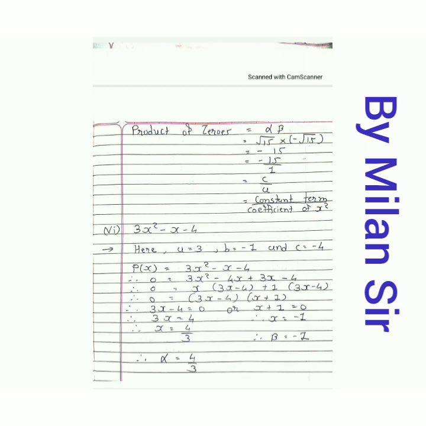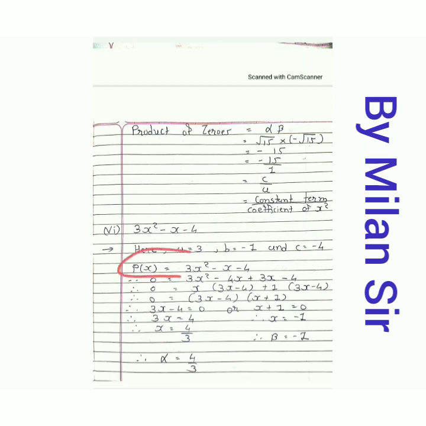Okay, then next question number 6, 3x square minus x minus 4. We can solve this question similarly like 1, 2 and 3. First of all compare with the standard form, so you can get your values of a, b, c. Now a means the coefficient of x square, it is equal to 3. Now minus x is given, so the coefficient of x, nothing is given than 1, so minus 1 is your b. And at last the constant term is minus 4, so our value of c is equal to minus 4.